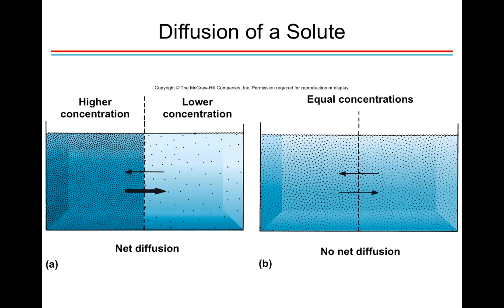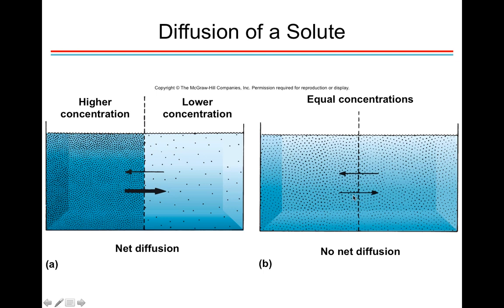So diffusion is going to want to make there be equal concentration on each side of this barrier, right? Shown in the middle with that dotted line. So if you have a high concentration over here or low concentration there, diffusion is going to make it be equal on both sides of the barrier, the permeable barrier,